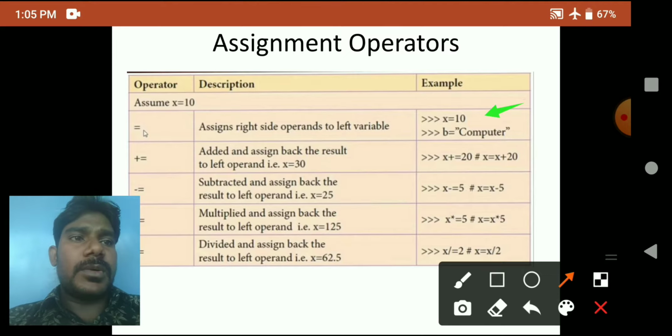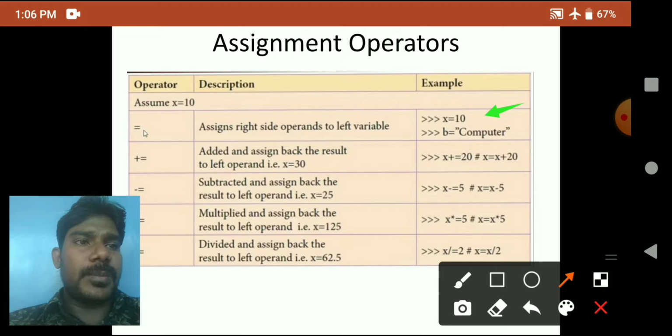x equal to 10. The first one is the equal to symbol, x equal to 10, b equal to computer. Next one is the plus equal to. How do we write the plus equal symbol? x plus equal to 20.